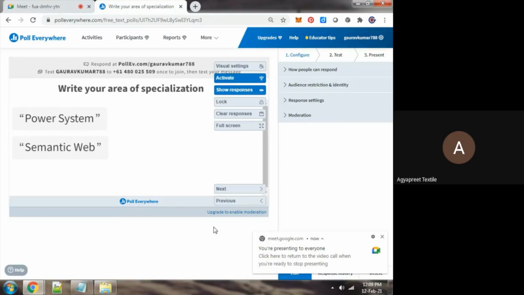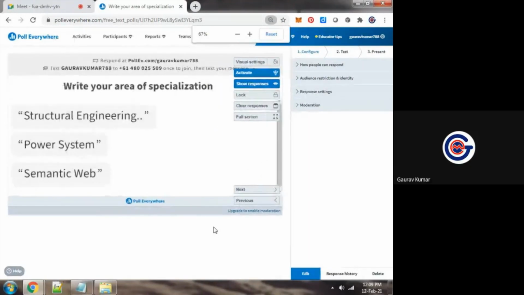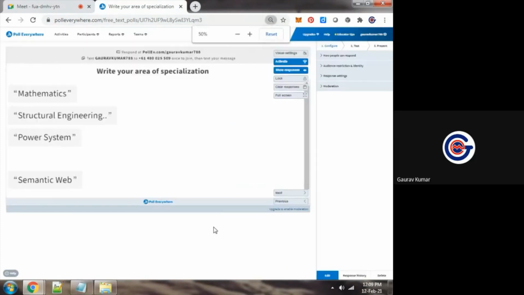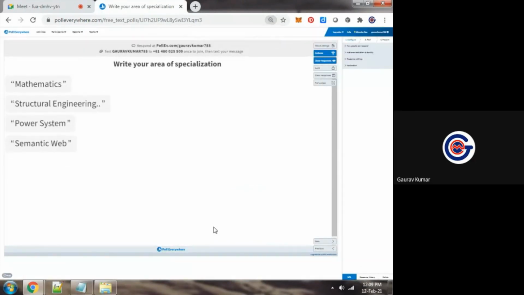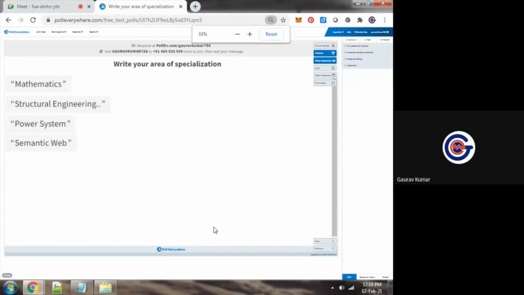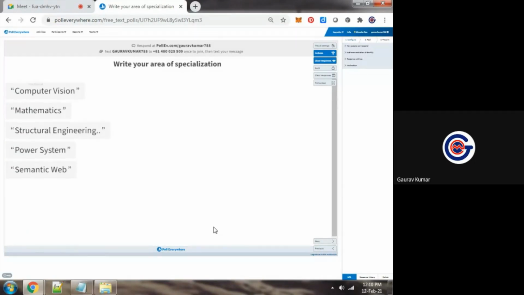Sir, we have to sign in first. Yes, ma'am. Sign in with Google account. Oh, okay, sir. You can see that I have not asked your email ID. I have not asked your personal details. Is it visible to all of you? It is visible to all participants that whatever you are writing in your system or in your mobile, it is visible here. All of you kindly respond so that I can show you a demonstration.